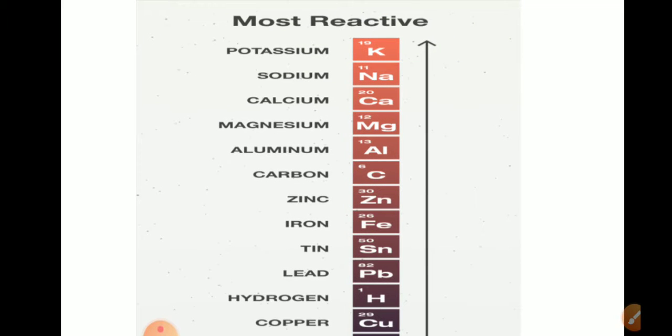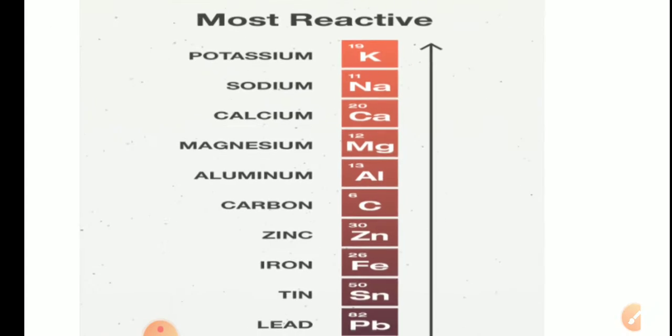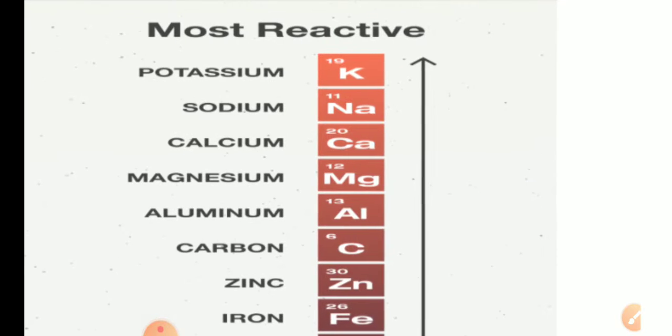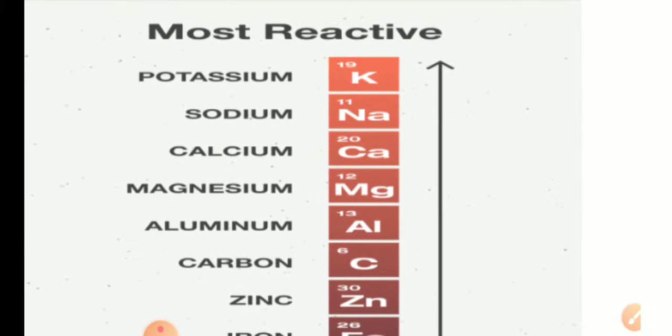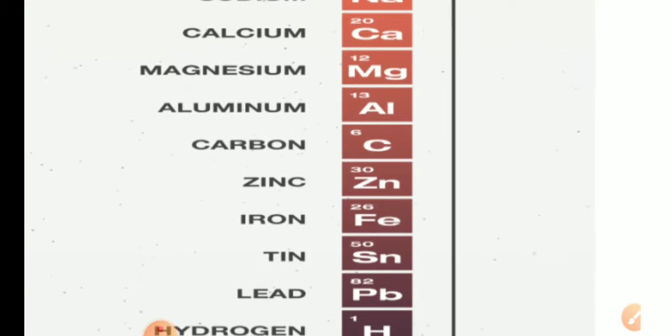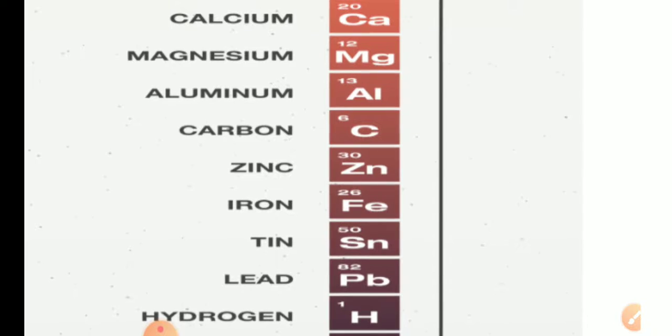The first is potassium. Potassium is kept at the top. It means if we compare all of them, सबसे ज़्यादा reactivity किसकी है? It will be of potassium. Then second number, sodium. You have to see the symbol as well as their name. First is potassium, then second is sodium, third is calcium, then magnesium, and then aluminium, carbon, zinc, Fe, that